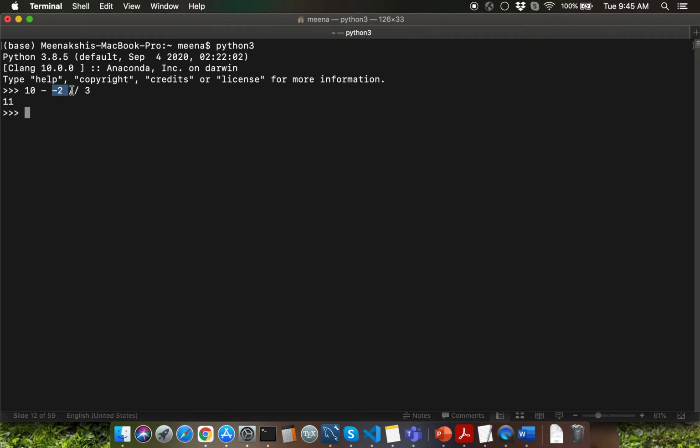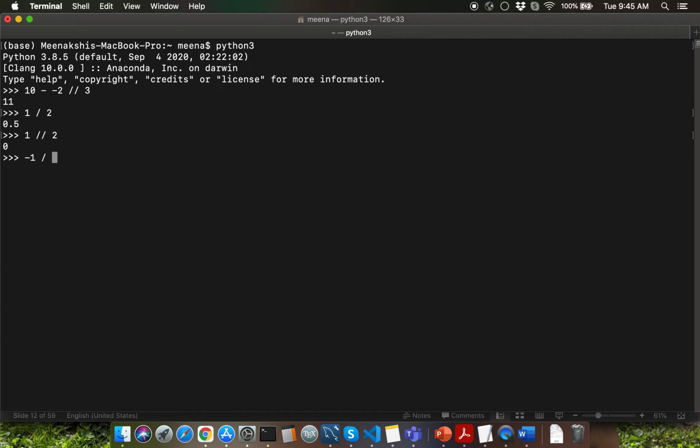Let me try to give you more examples for integer division here so that you can understand why exactly -2 integer divided by 3 would be -1. Let's compute 1 divided by 2. That's 0.5, correct? What would happen when I say 1 integer divided by 2? We'll be rounding this value down, so we are going to get 0.